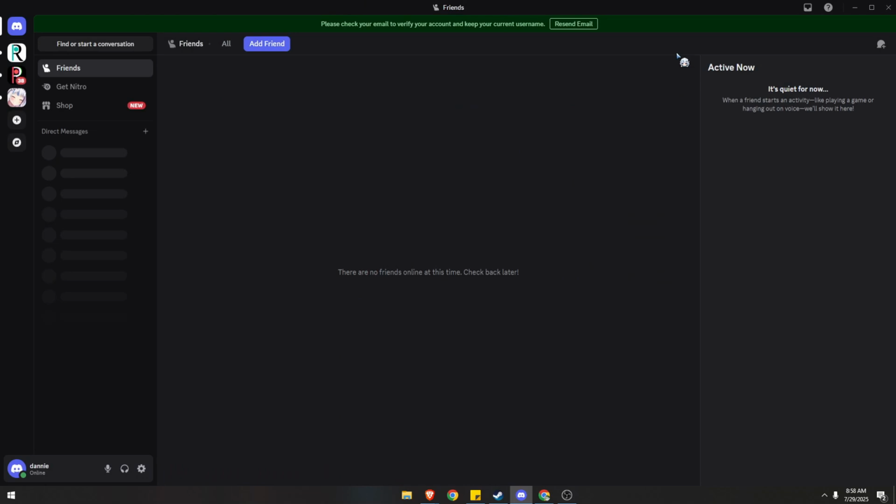So click X, and you should now be able to view it right over here that your display name has successfully changed. So if not, you can simply restart your Discord application, access it again, and the changes should apply